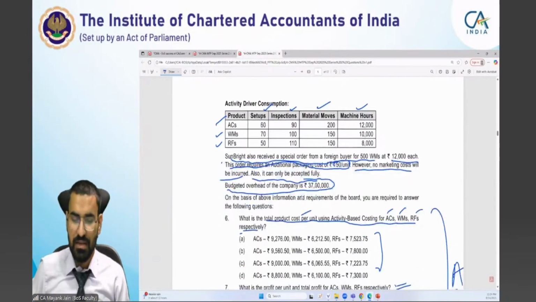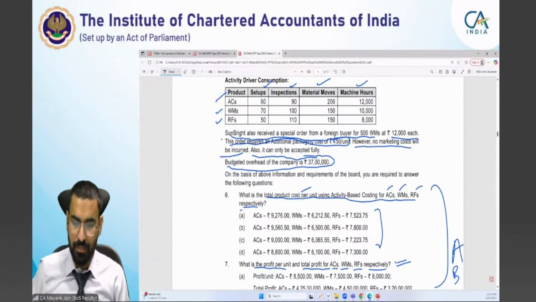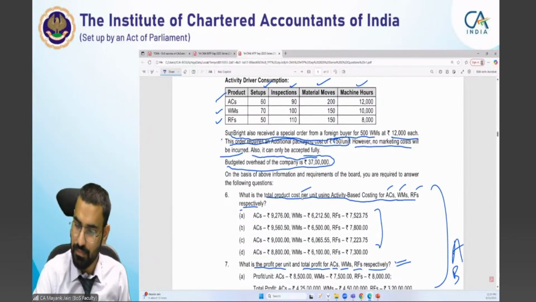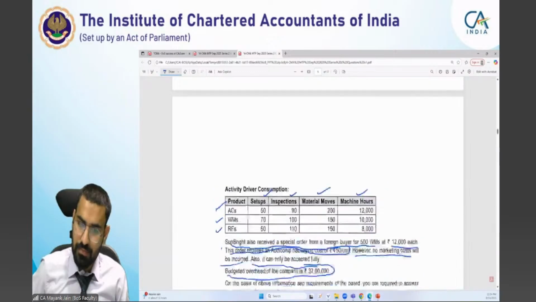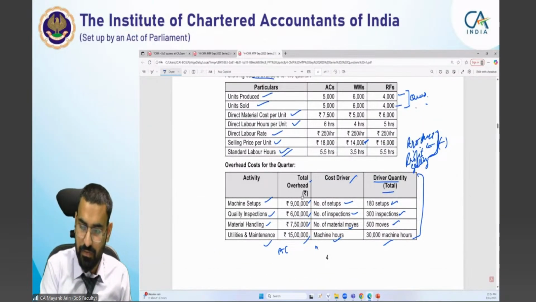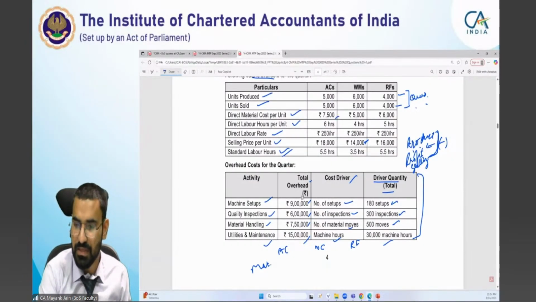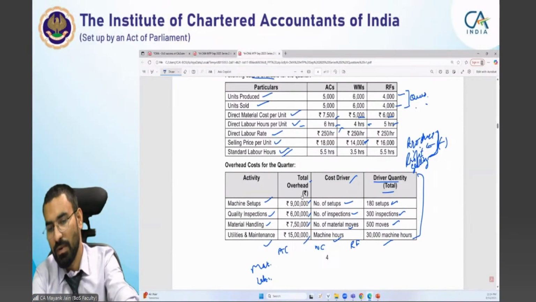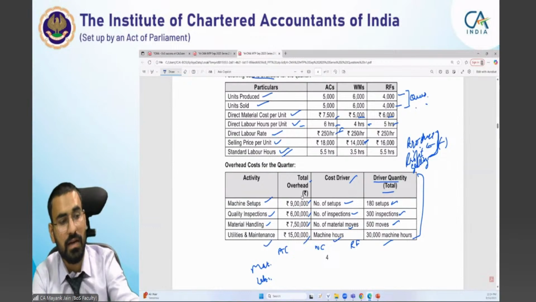सो हम स्टार्ट करते हैं टोटल प्रोडक्ट कॉस्ट से. टोटल प्रोडक्ट कॉस्ट हमारे पास कैसे आएगी? एसी, वॉशिंग मशीन, रेफ्रिजरेटर्स. इनमें सबसे पहले मटेरियल आएगा हमारे पास. मटेरियल कॉस्ट हमारे पास गिवन है तीनों. लेबर हमारे पास यूनिट्स गिवन है. लेबर कॉस्ट हम यहाँ निकाल के दिखाते हैं. हमारे पास 6 घंटे गिवन है,